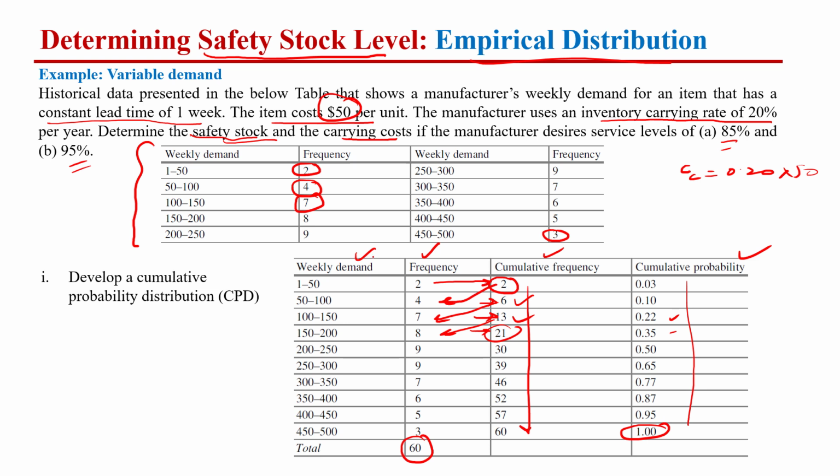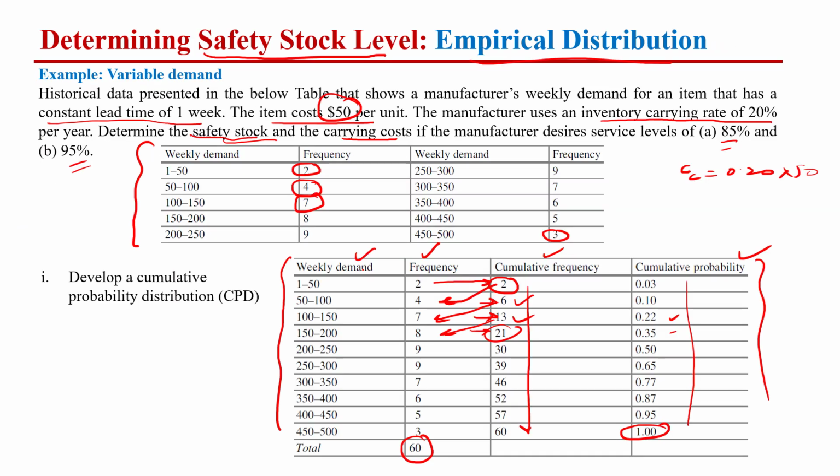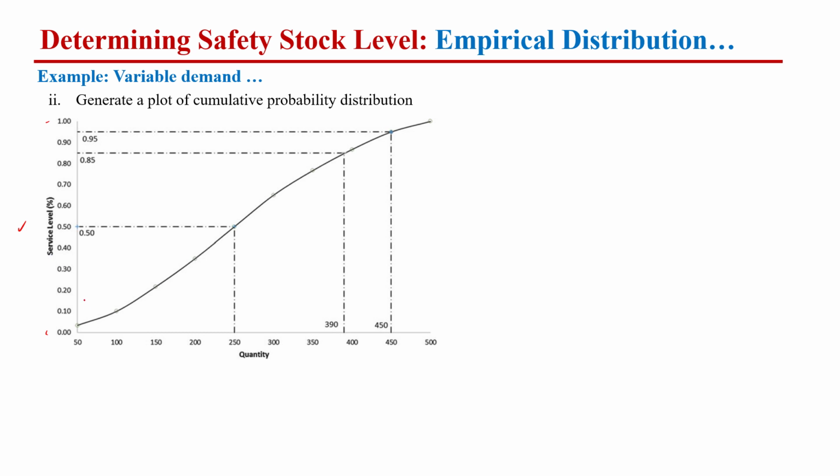Now, what we will do is draw this weekly demand as well as the cumulative percentage. So this is the quantity, which is basically the weekly demand, and this is the cumulative probability, or you can say the service level from 0 to 100%, which is 1. And we plot the weekly demand always from the upper class value, which means 50 to 500. Then this line is indicating the cumulative probability,